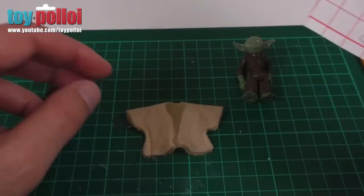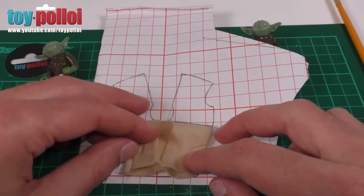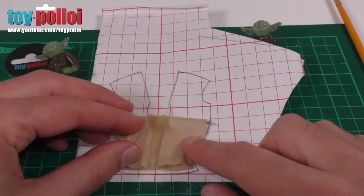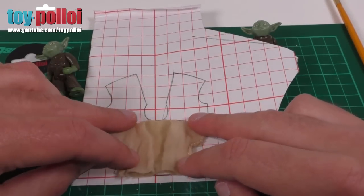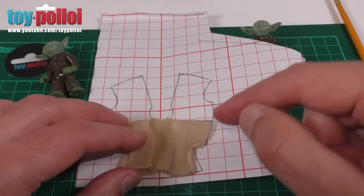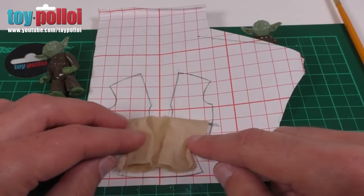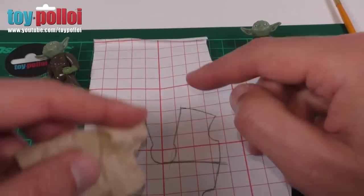I've got some squared paper here, and I end up just laying the cape on the paper and drawing around it, making a few measurements where need be, and you can generally work out the rough shape of it. I then do a bit of fine tuning and cut out a few versions and make a rough one to fold back onto the figure just to see if it works. But you can see there, that's the back section, and then we have these two flaps here